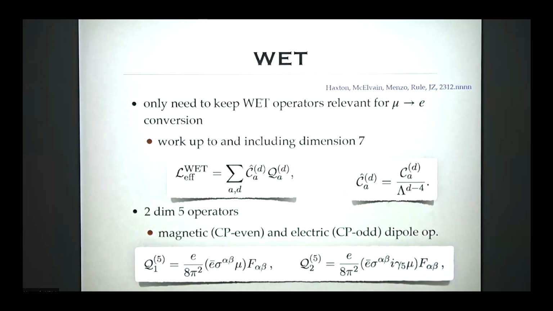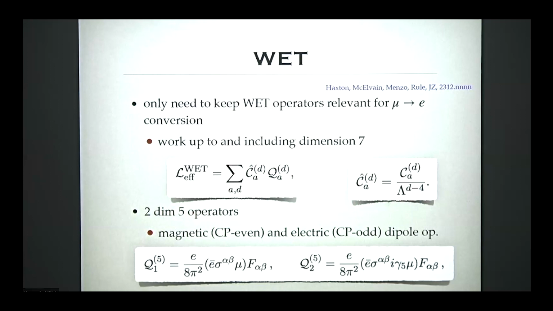All right, so the weak effective theory. We're seated at GeV, and we work up to dimension 7. So unfortunately, since I talk about EFTs, I have to show the operators. There will be many operators, but I will try to motivate what's interesting. There's a grouping in terms of dimensionality. The higher the dimension, the more suppressed these are by this heavy new scale. So if it is dimension 5, it's 1 over lambda. Dimension 6 is 1 over lambda squared, and so on. The hats mean that these Wilson coefficients have dimensions. If they don't have hats, they're dimensionless.